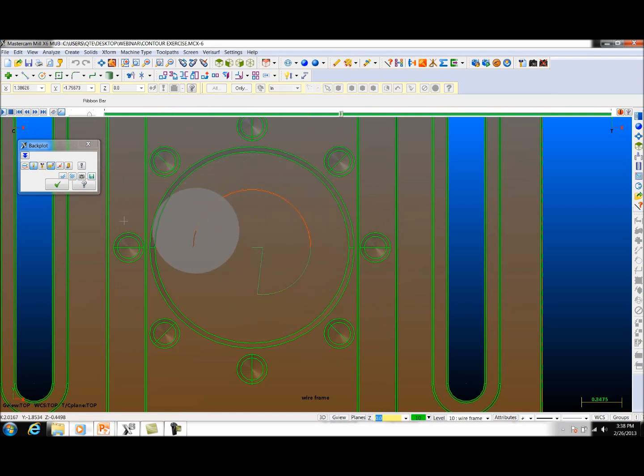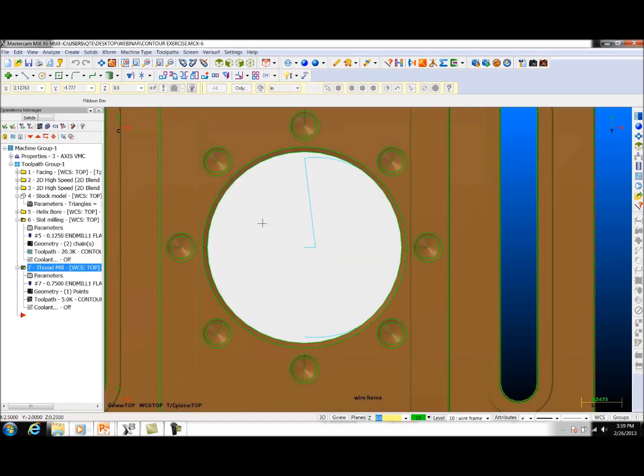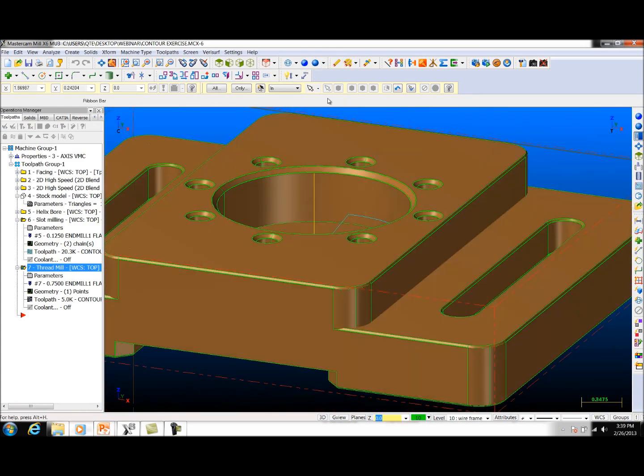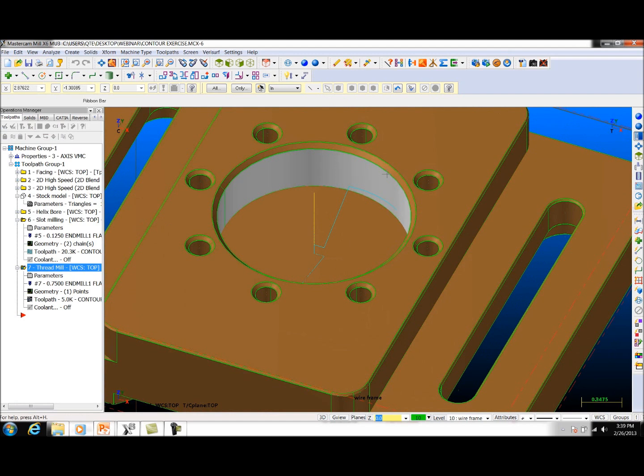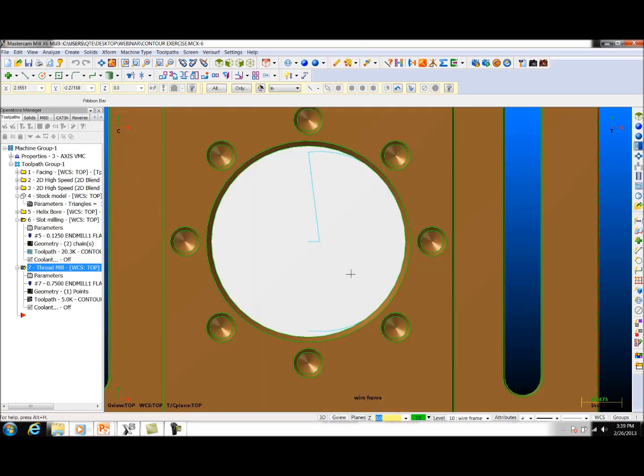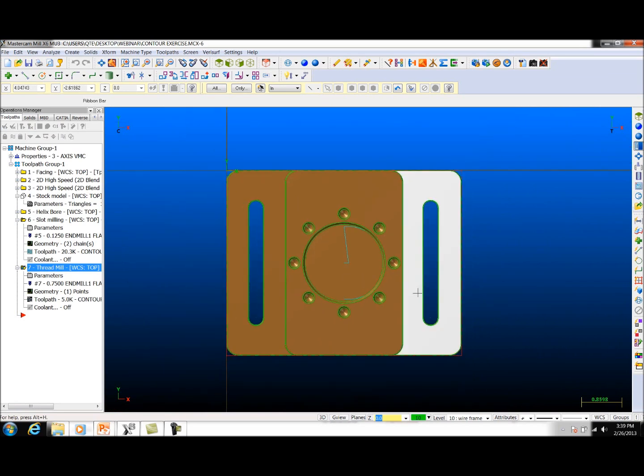So it arcs in, does one complete lap, raising the Z the whole time, cancels comp. Now, if you're wanting to use a custom tool to show actual thread milling, we can do that. Actually, any custom tool can be brought in. There are a few rules, though. When I went to do the thread mill